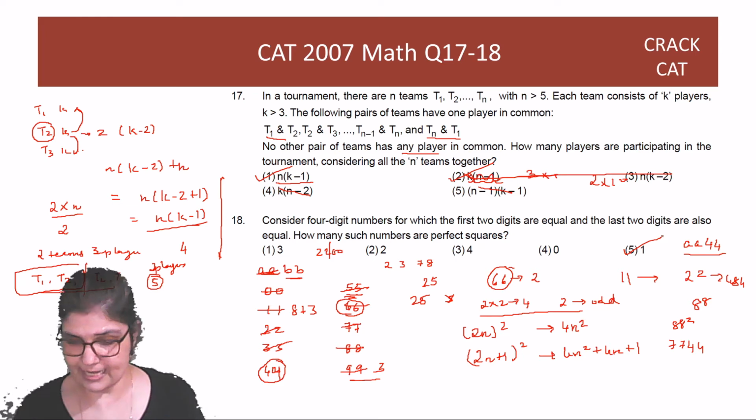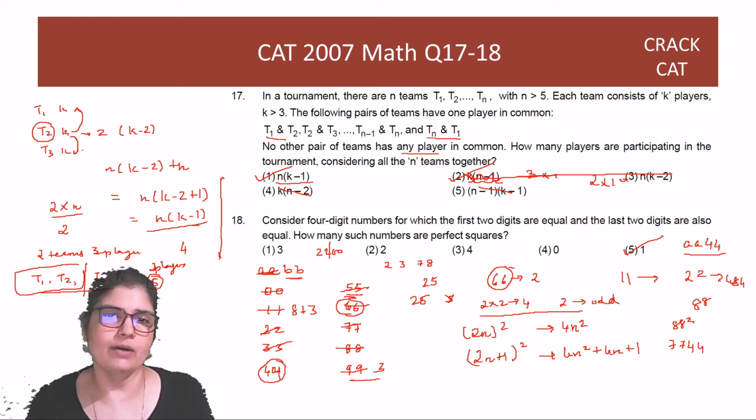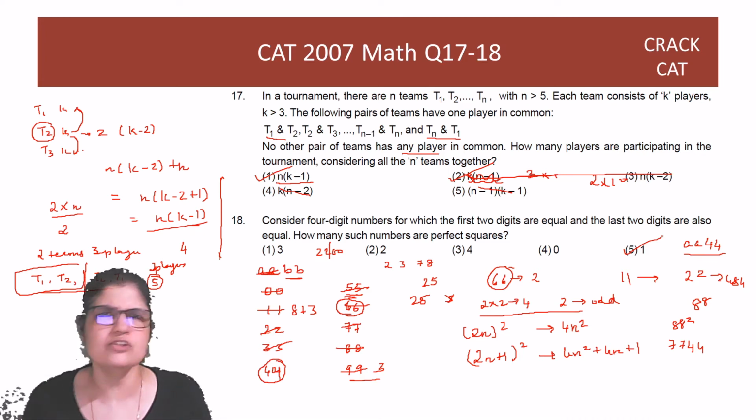I had taken this CAT, guys, and this is how I had solved it at runtime. It seems a bit long when I talk about it, but once you start writing and eliminating, it's pretty quick. It's a less than 1.5 to 2 minute question, which is not bad, right?